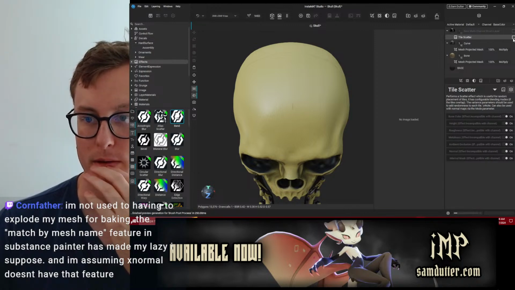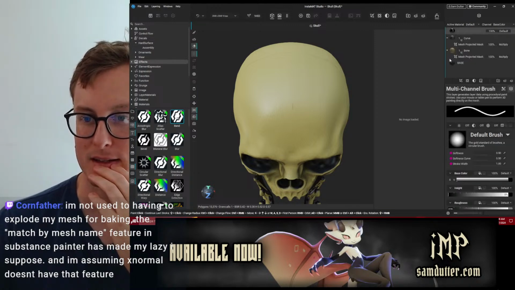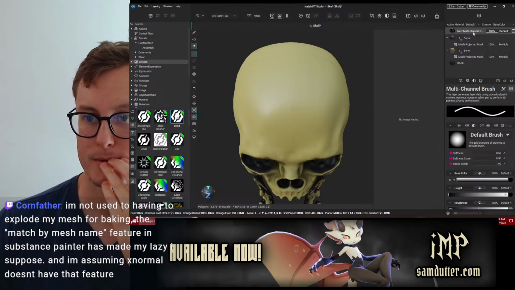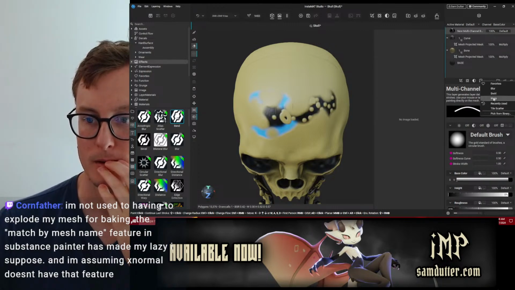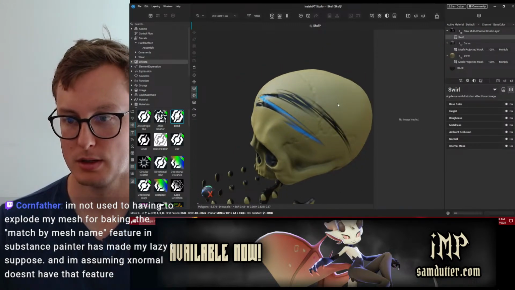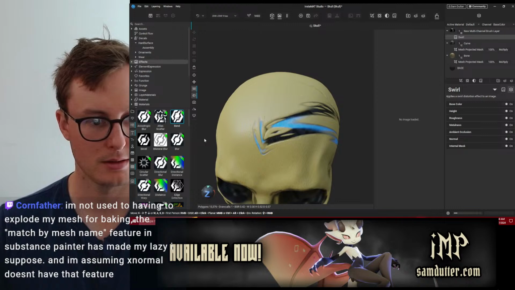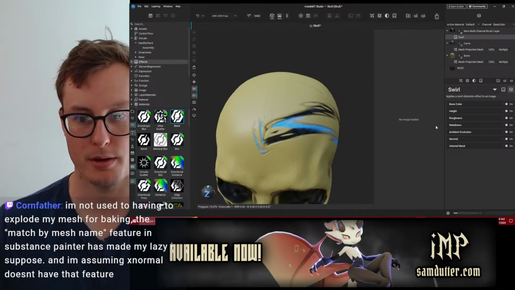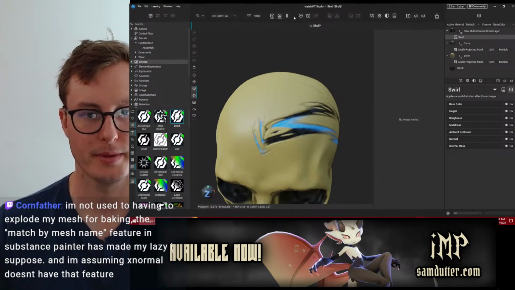And none of it works. All right. Swirl. Interesting. So we can swirl. I'm assuming this is just swirling on the UV map, though. Which I would like a preview of.